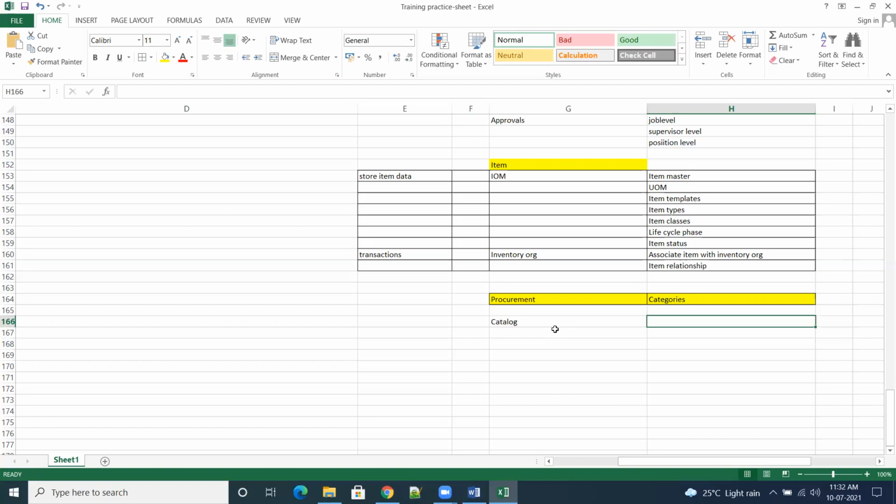This catalog category is mandatory, and if the category is not appended to the item, then your item is not eligible for any kind of transactions. That is the way they have built the system.